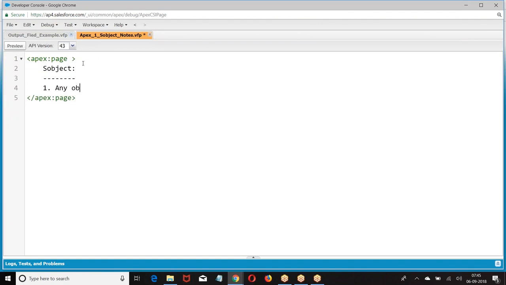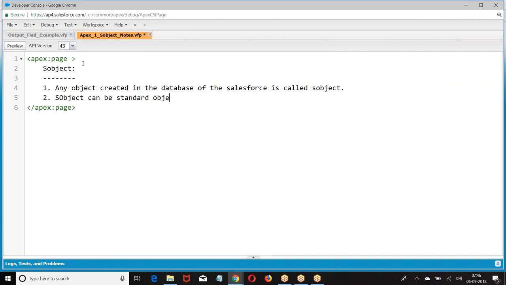Any object created in the database of the Salesforce is called S object. S object can be a standard object or a custom object. Every S object